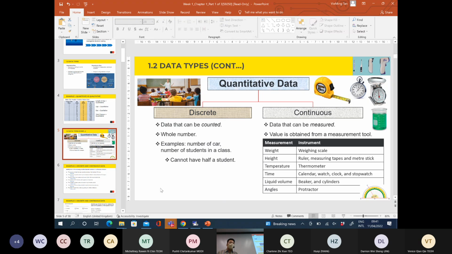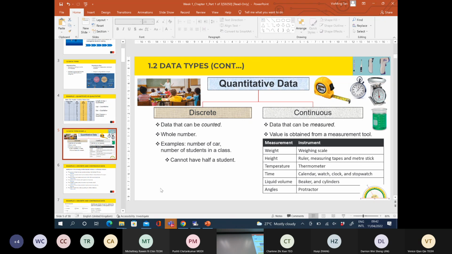For discrete data, you can only count, like people: 1, 2, 3, 4, 5. People cannot be 10.7. You can say we have 90 students in the class, or 10 students attending online class, but we cannot say 10.5 students. So the number of people is considered quantitative discrete data. Same like this as well, number of